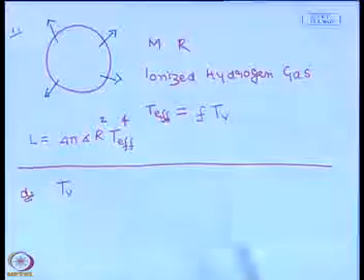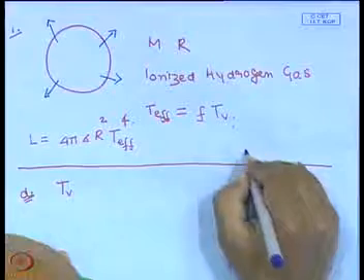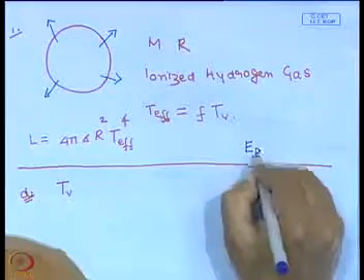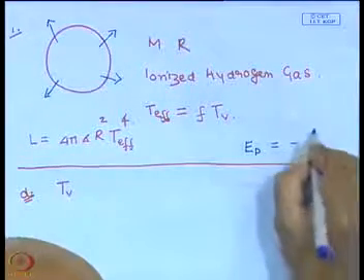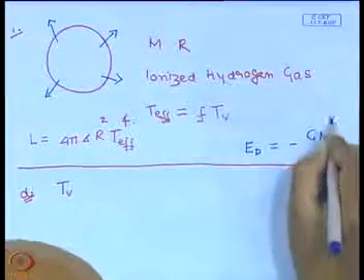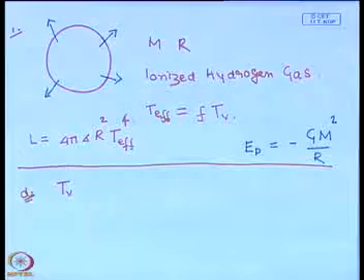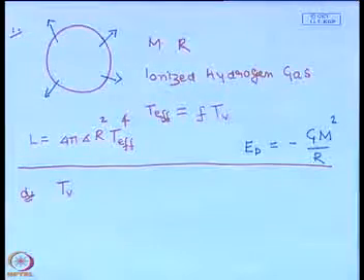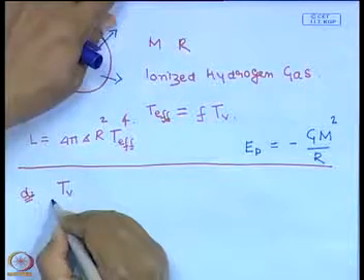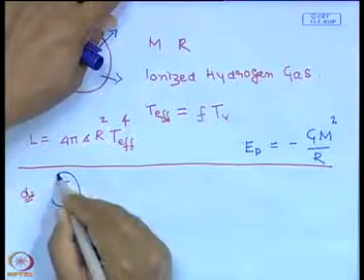Here we will also assume that the potential energy is minus G M square by R. So, we want to find out how the virial temperature depends on